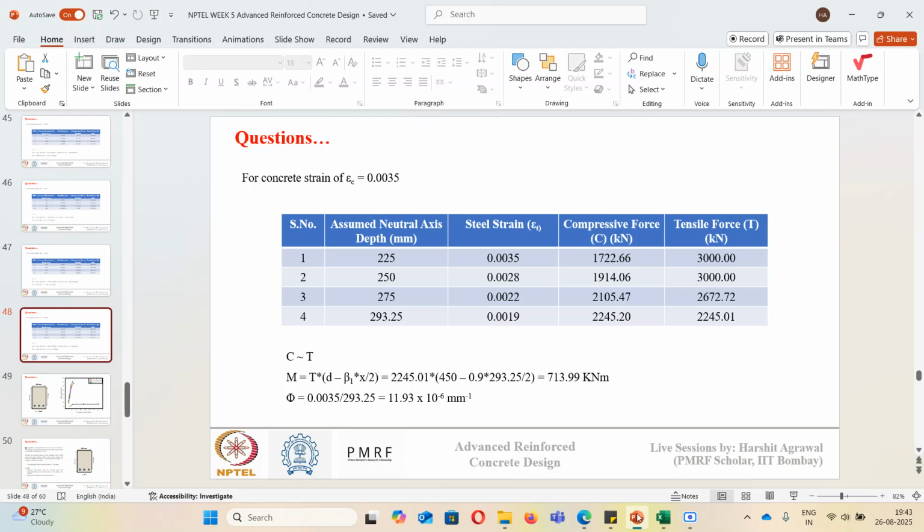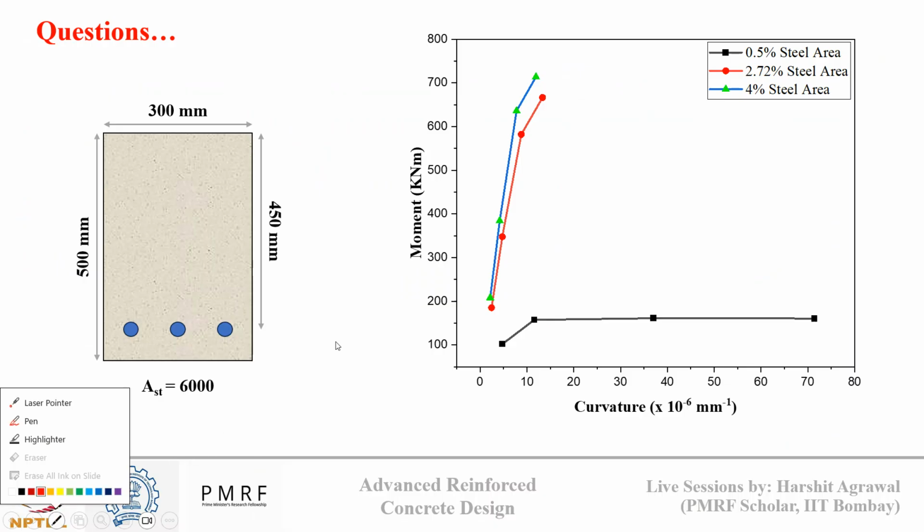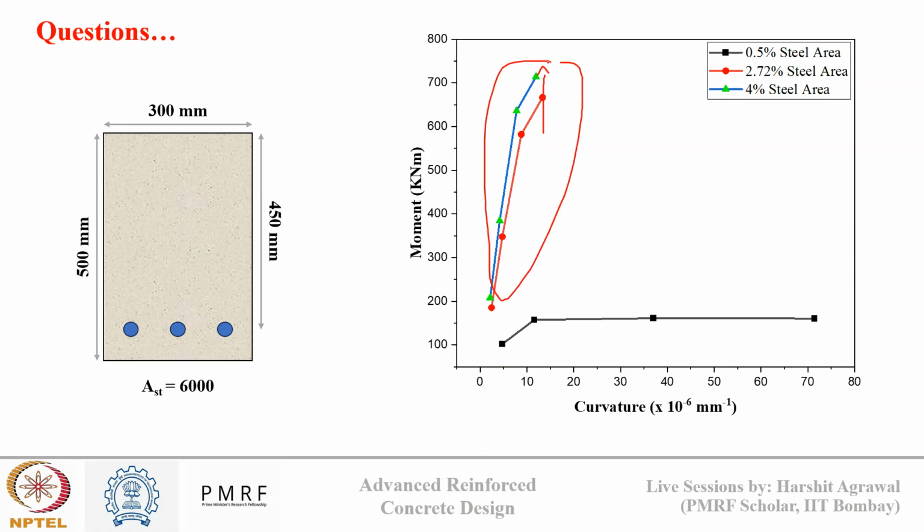Okay, so once we know the value at different strain values, we can make the moment versus curvature plot. So you can see here, from balanced reinforcement to over reinforced, again the moment capacity is increasing, but the change is very minimal. Okay, so we can say, from under reinforced to balanced reinforced, we will see a drastic change in the moment